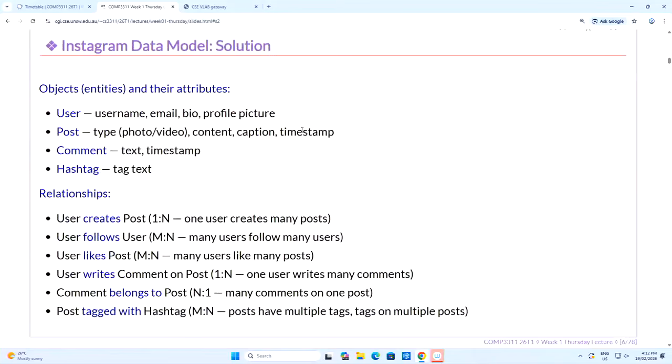I'm sure everybody has an Instagram and plays with it, and the Instagram schema can get a lot more complex than this, but this is just a straw man approach. You should have users, posts, comments, and hashtags. And remember,